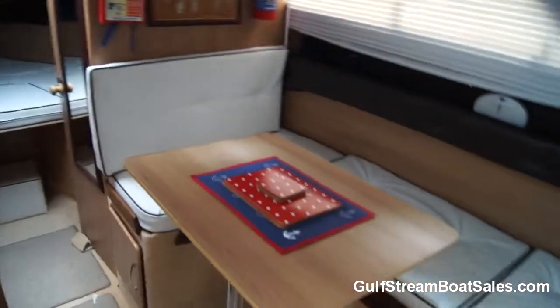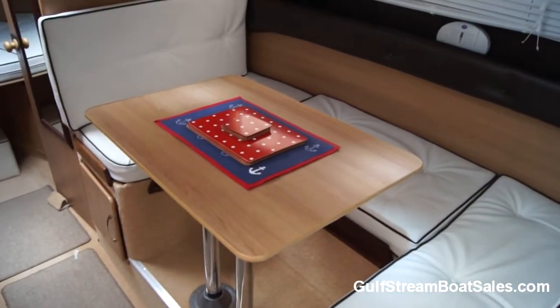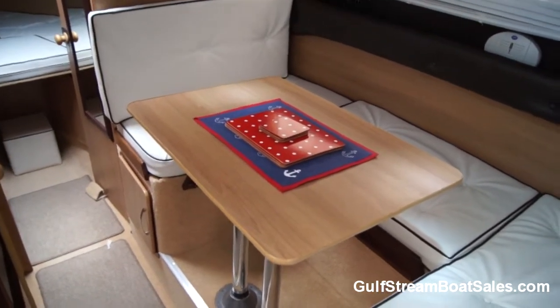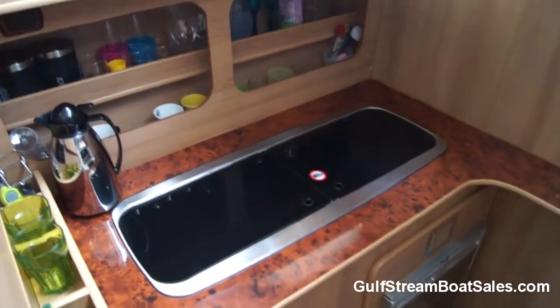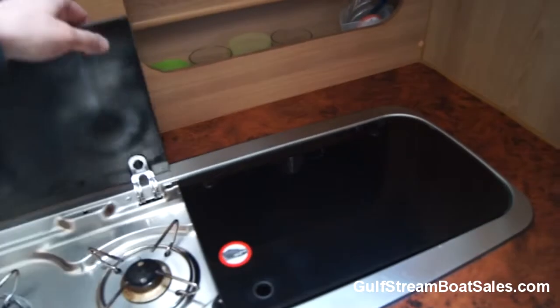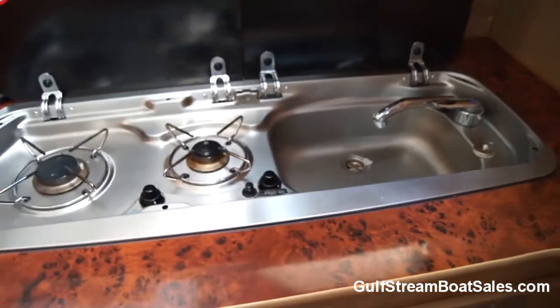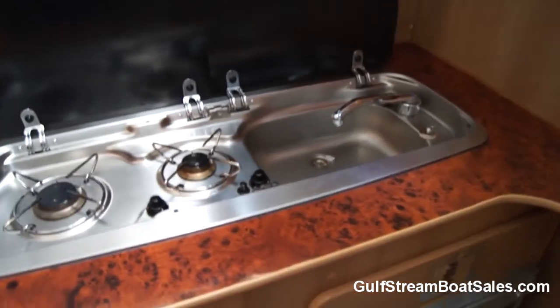Moving forward from the main saloon, the daily living space on board this boat really becomes apparent. We've got another big lower saloon here with a wraparound U-shaped dinette, and that'll easily accommodate 4 adults without any problem whatsoever. And facing that, we've got a really well appointed and good sized galley. The stove and sink have all been replaced. This is a brand new unit, installed in 2010, so a nice big stainless steel unit, very easy to keep clean, with a nice deep sink, and